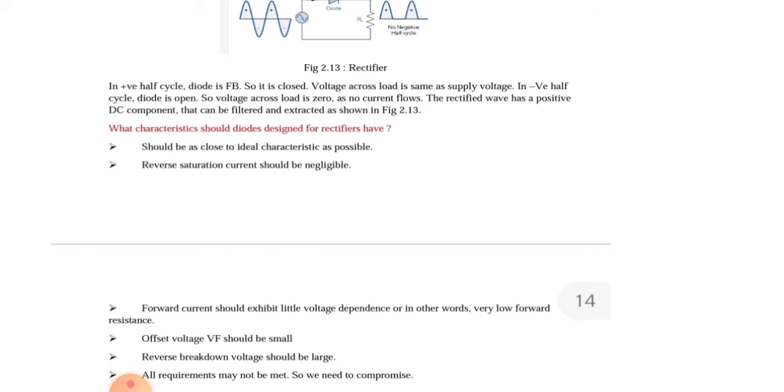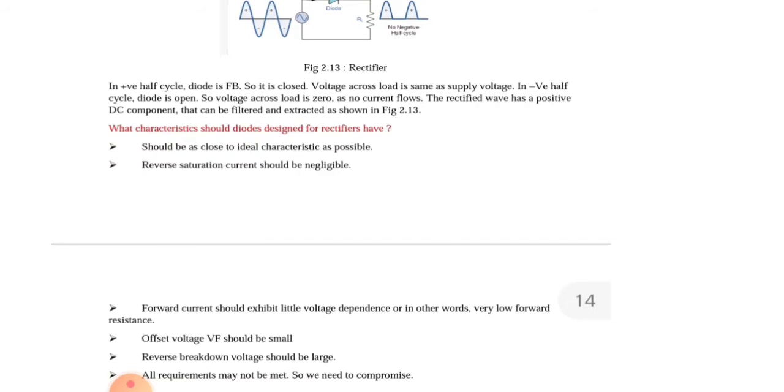So next, rectifier. Till now we have spoken about the PN junction diode. So what is a rectifier? When an AC signal is applied to an ideal diode, the resulting circuit is known as a rectifier. So when an AC signal, you can see the sinusoidal wave, is applied across a diode through an external resistance, how will it behave? We know the diode will conduct only during forward biasing. Whenever a positive voltage reaches the anode, only then the diode will be conducting. Otherwise, in the reverse bias condition, it will act as an open switch. That means there is no current, right?